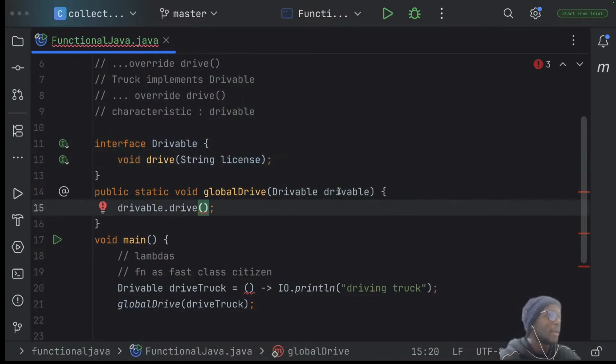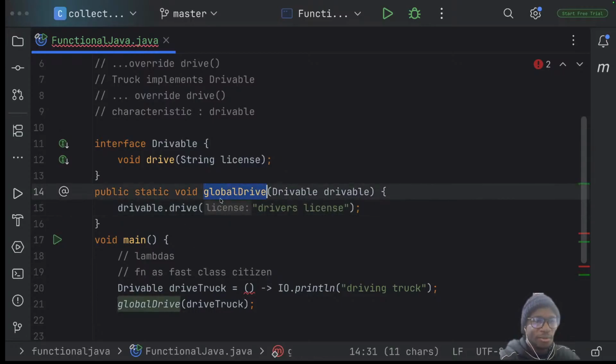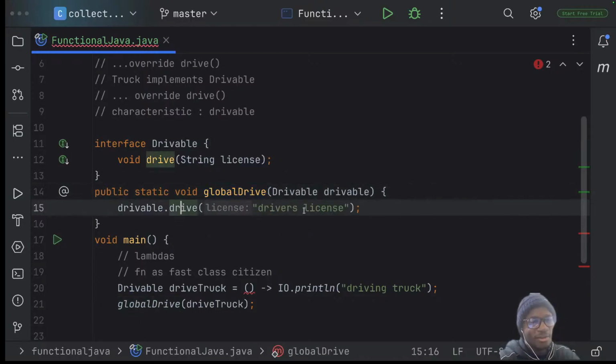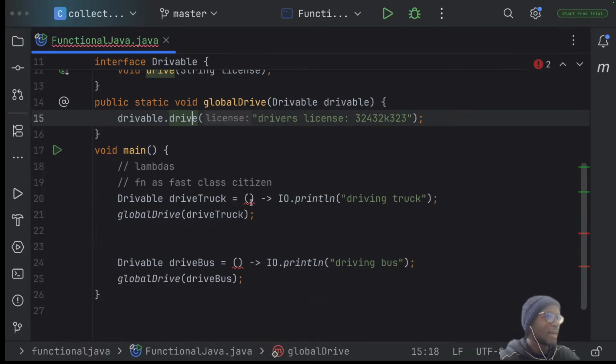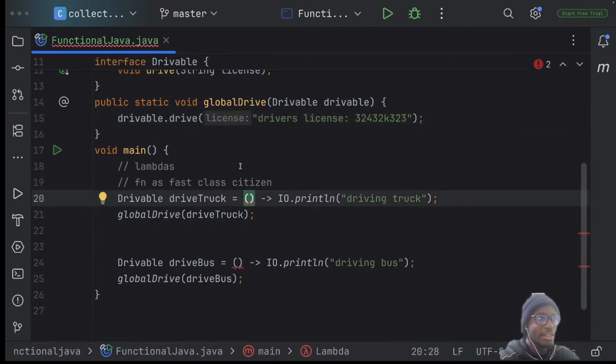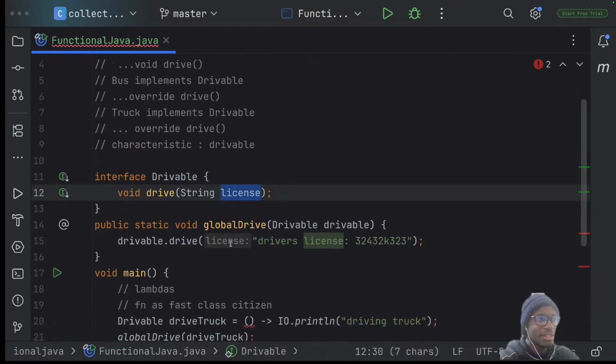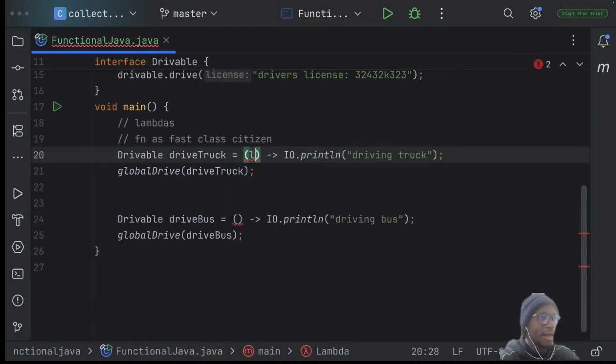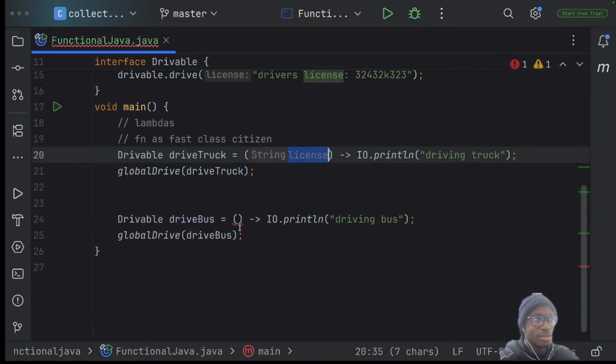And now, whenever we are doing this drive operation, we must pass a driver's license here. When the global driver tries to drive anything, whether it's a truck or a bus, they have to give us a license. Maybe this license has a number like that. Whenever they drive, we need to understand that there's a variable being passed, which is this string license. And to capture that argument, you can use